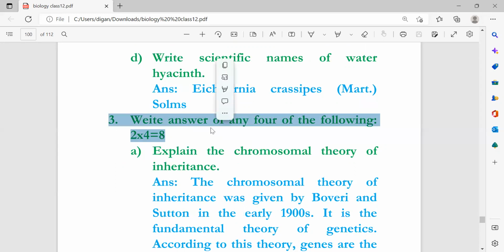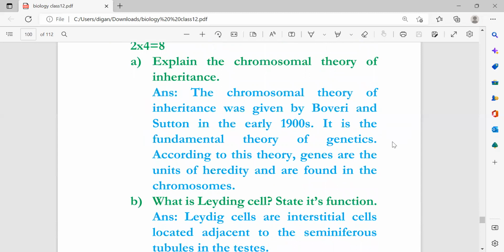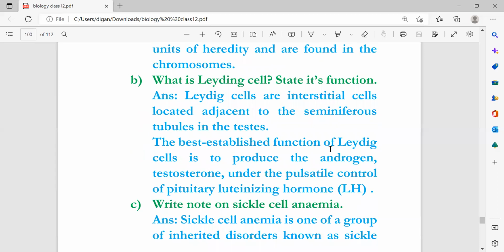Next, write answers of any four of the following. Explain the chromosomal theory of inheritance. The chromosomal theory of inheritance was given by Boveri and Sutton in the early 1900s. It is the fundamental theory of genetics. According to this theory, genes are the units of heredity and are found in chromosomes. Then, what is a Leydig cell and state its function? These are the interstitial cells located adjacent to the seminiferous tubules in the testis. The best established function of the Leydig cell is to produce the androgen testosterone under the